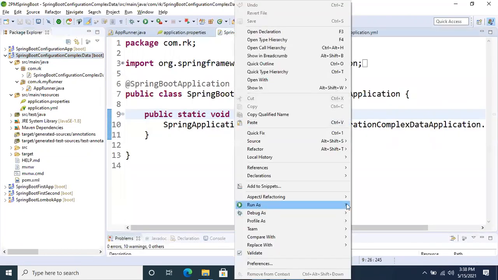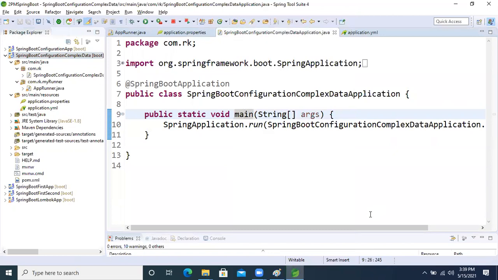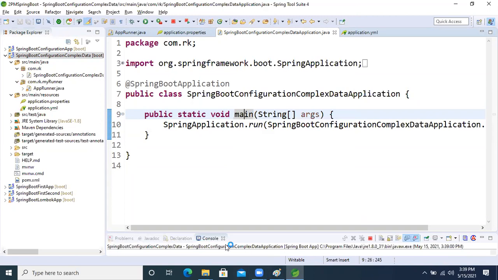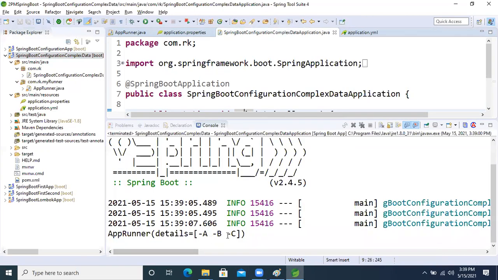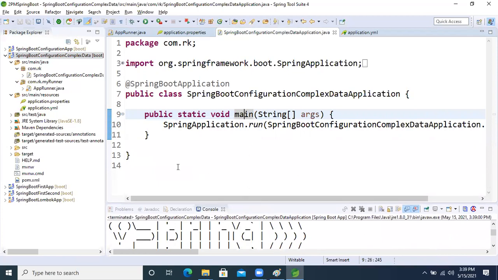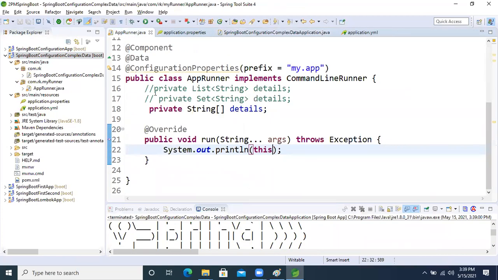Now run this. Run as Spring Boot application, right? See that A, B, C we are getting, right? But why is the hyphen coming now? Okay, one minute, we will check it. Now come inside that runner.